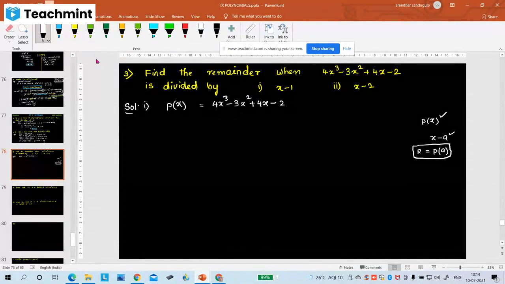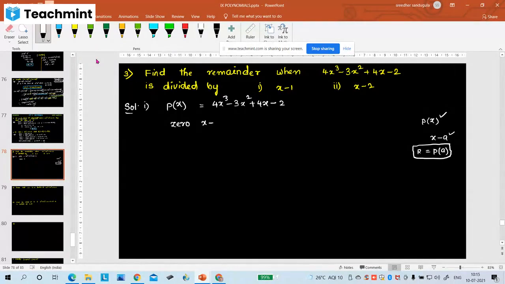So then what is the zero of x minus 1? The zero of x minus 1 is plus 1. How to get the zero of the polynomial, I also explained to you. In rough work I will show once again. If you want to find the zero of the polynomial x minus 1, take the polynomial equal to 0, then x equals minus 1 goes to the other side, plus 1. 0 plus 1 is 1. That's why 1. Now in the place of x you have to write 1.